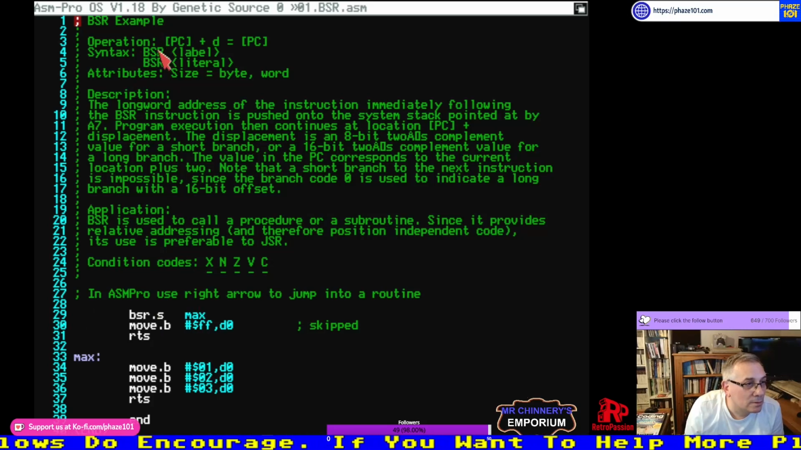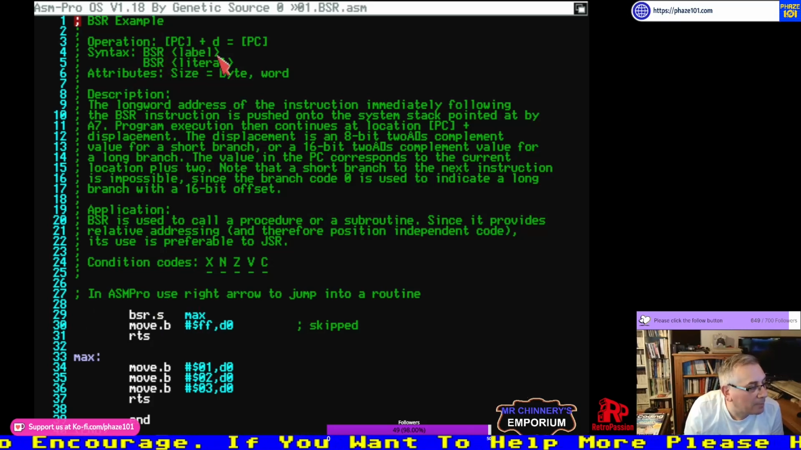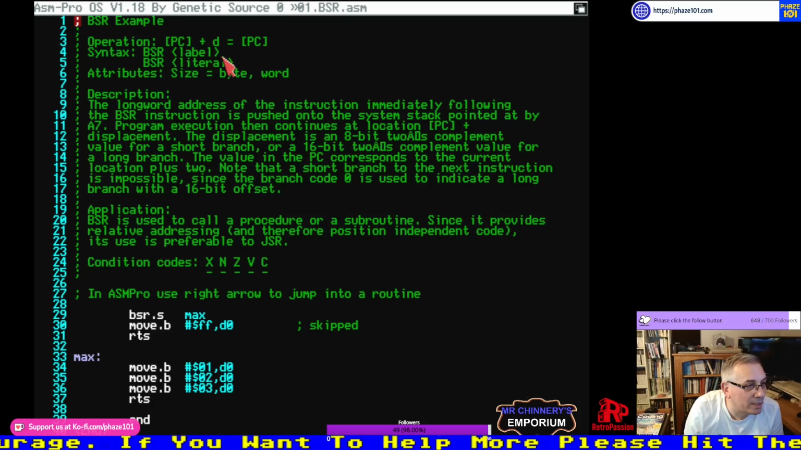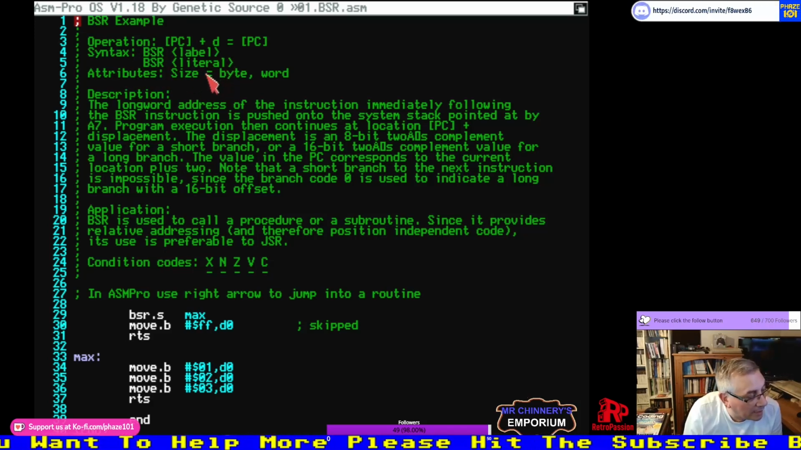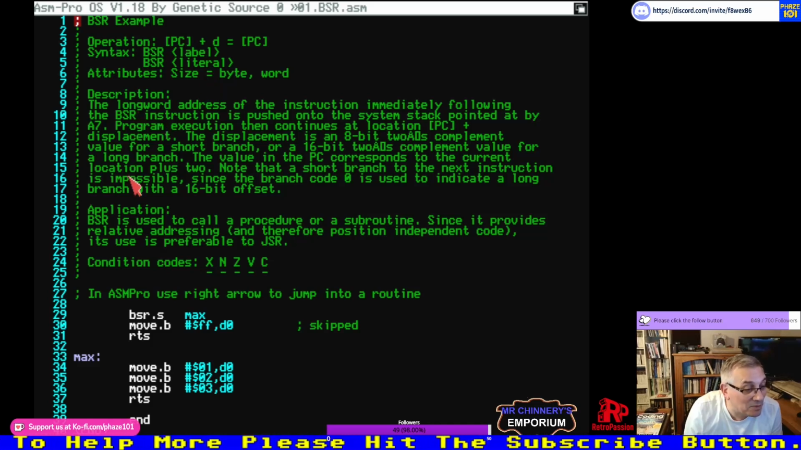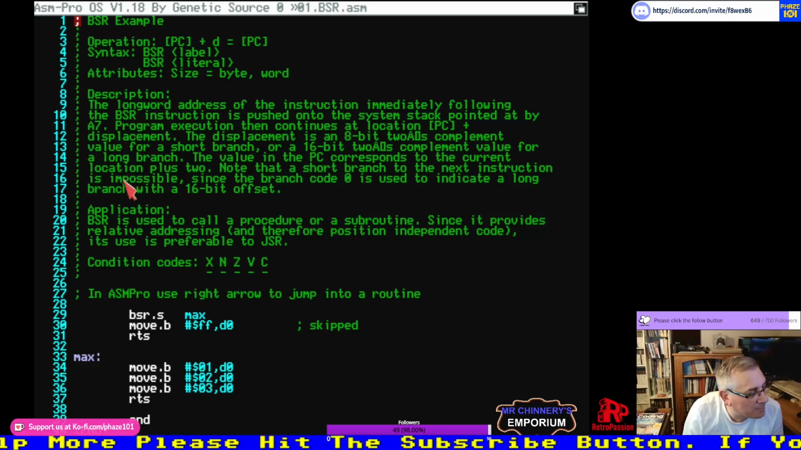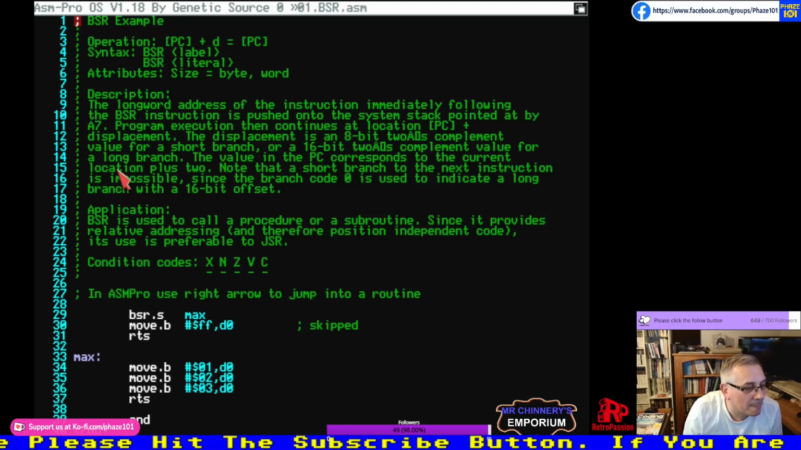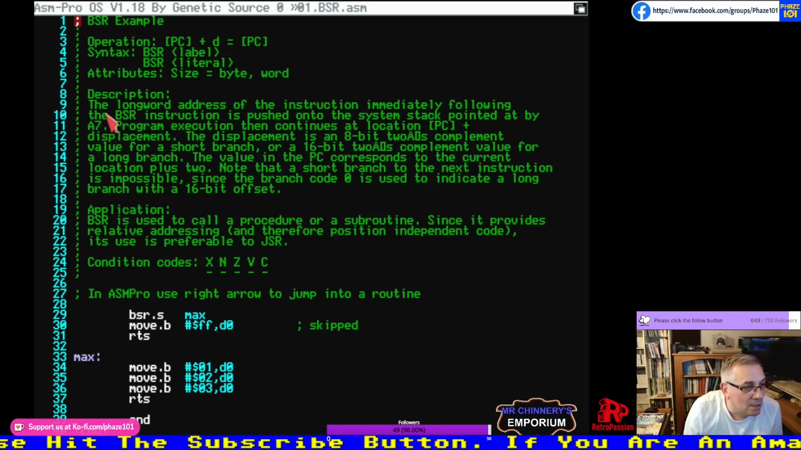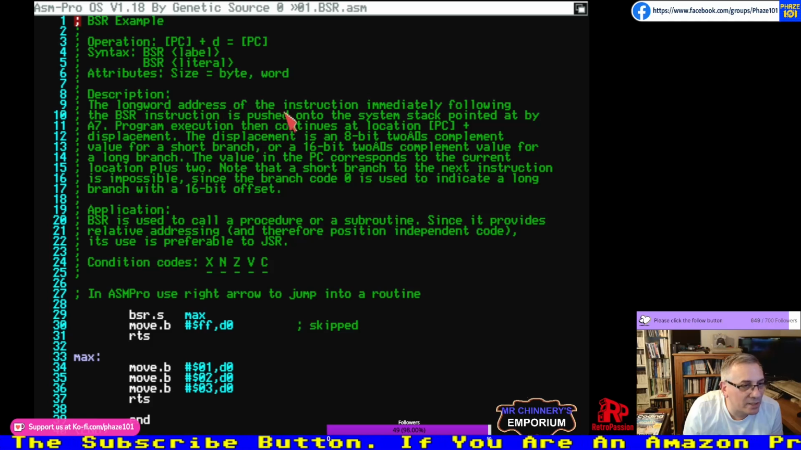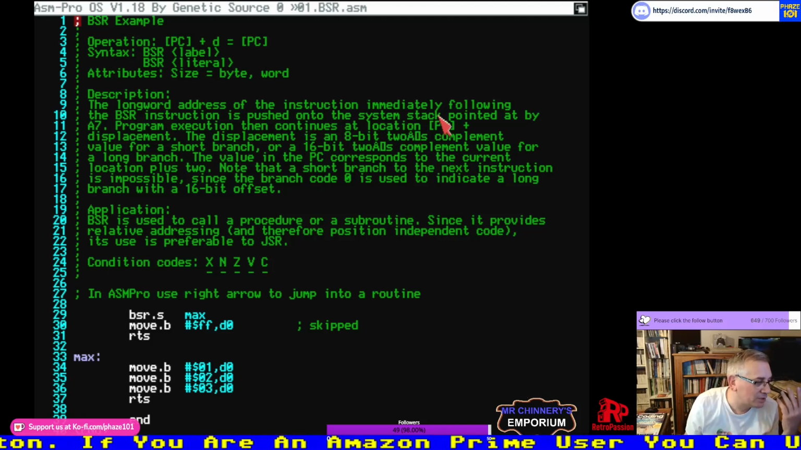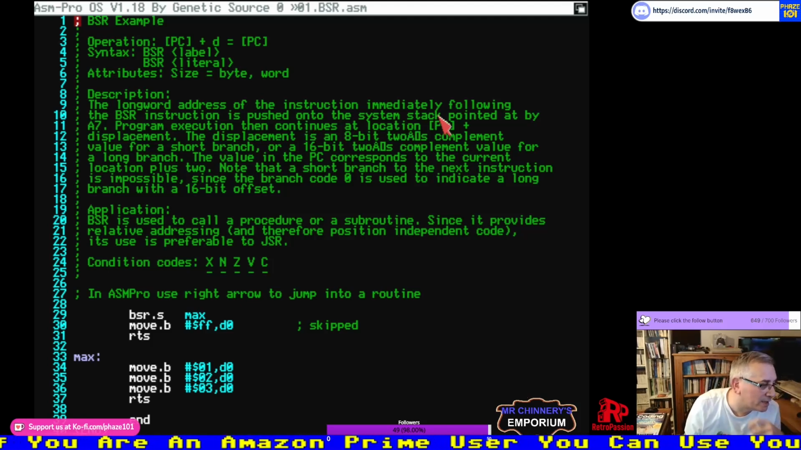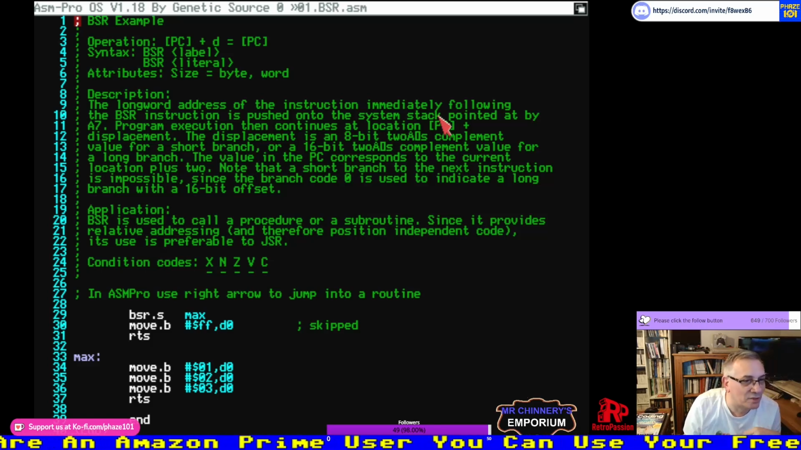So branch to subroutine, label again, branch to subroutine, a literal, you can specify a value like branch. It's the same thing, but it expects a return at the end, an RTS. The long word address of the instruction immediately following the BSR instruction is pushed onto the system stack. I forgot to mention that it uses the stack, of course, because we are jumping to a subroutine and then we have to return back